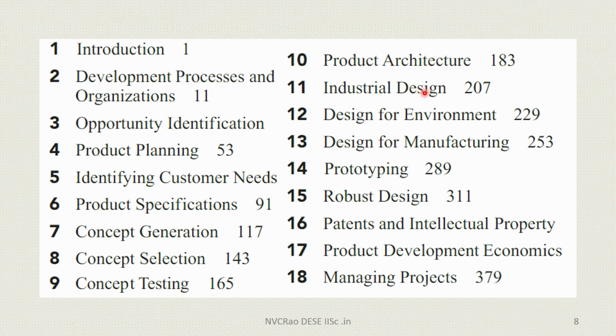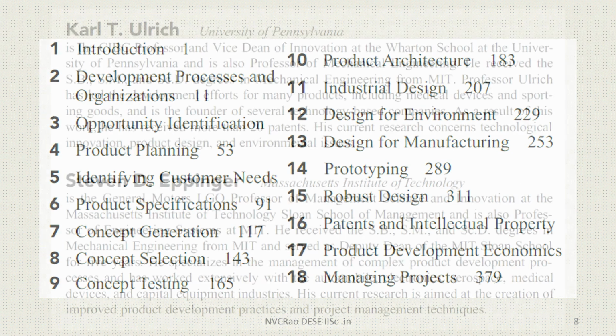Industrial design makes products humanly usable. Best example given by industrial design is, if you see any of the machine shop machines, it is practically impossible. The control elements are put so far away, it may lead to accidents. And latest is the environment, and something is all about robust design and economics of these things and all that.